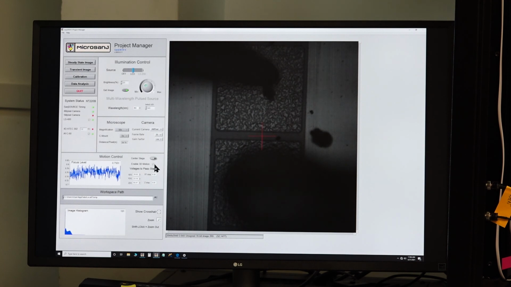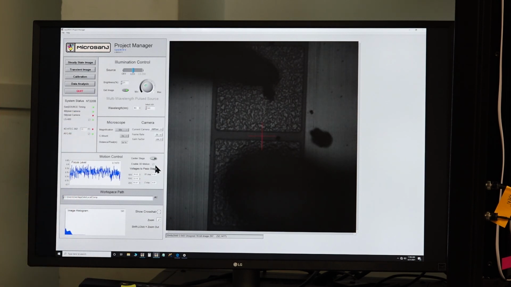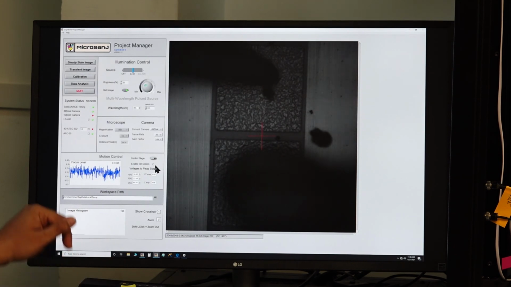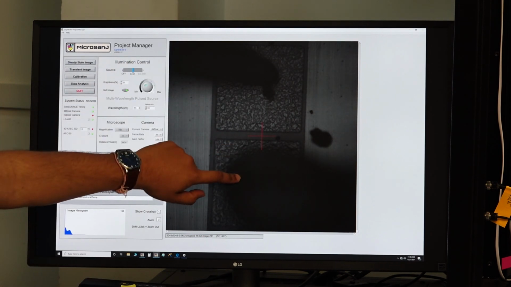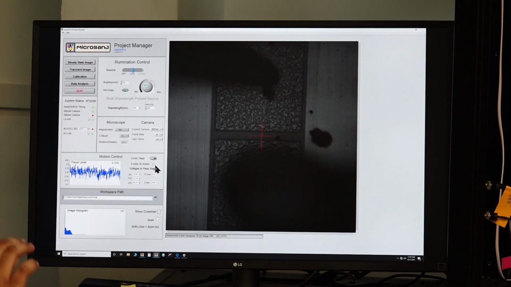The second thing, when you enable this 3D motion, we have to ensure that there is a clearance between the sample stage, the probe tips and the objective, because this gives an abrupt jerk in order to control the stage. When all of this has been done, when these options are enabled, we will slowly land the probe tips. Once we land the probe tips, our basic setup is complete.